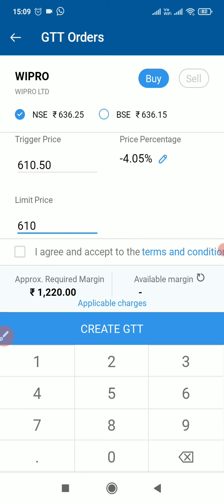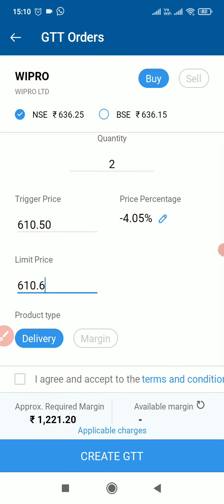One thing to notice is, if someone tries to buy at a price lower than the current market price, the chance of that order executing will be very small. But if I try to buy higher than the current market price, that order will be executed immediately. So in GTT, they scripted it such that for a buy order, the limit price should be higher than the trigger price. And when you are trying to sell, the limit price should be lower than the trigger price.